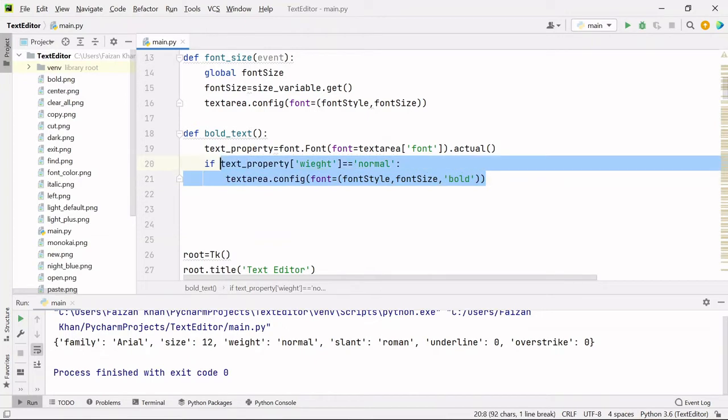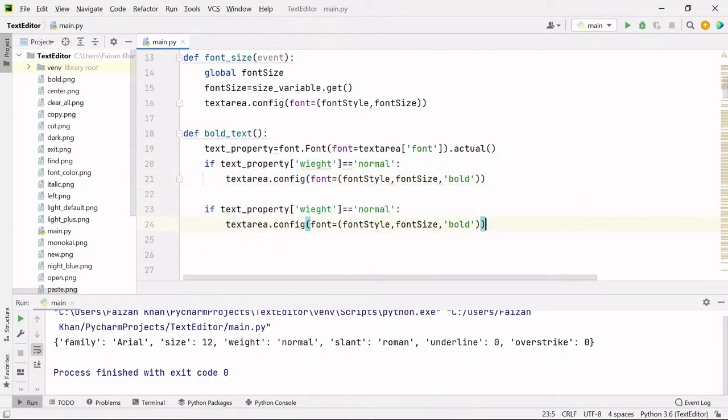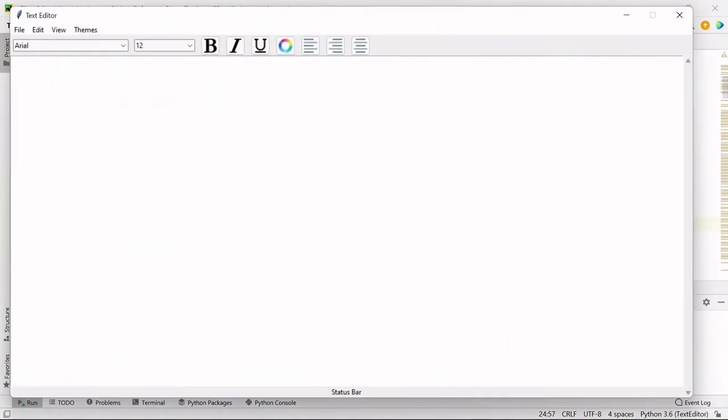Similarly we'll check another condition. We'll simply copy these two lines and paste here. We'll check that if weight is bold, then in that case we'll make the text normal, like this. Now if I run this, if I write some text here, if I increase its size,